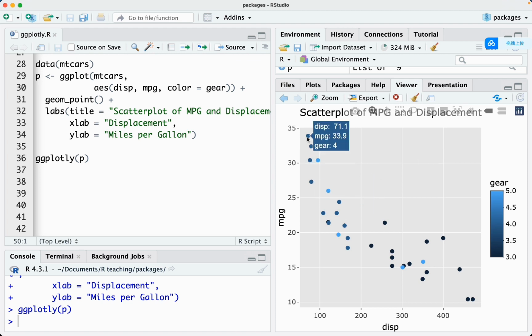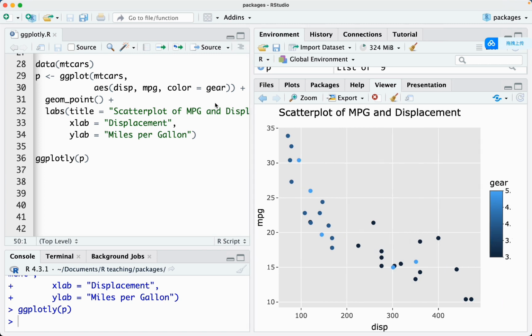Keep the cursor on the scatter plot, and it displays the XY coordinates and the color, cylinders. Because the color of this text box is determined by the number of cylinders, the background color of the text box emerges. The color is the same as this point, so I think this tool is very convenient, especially sometimes if you're